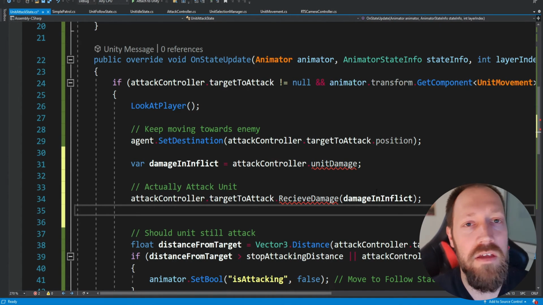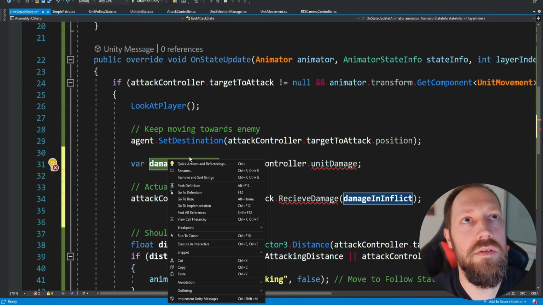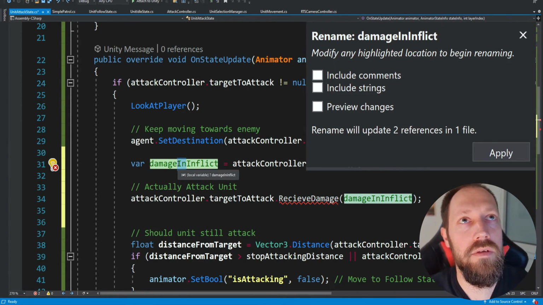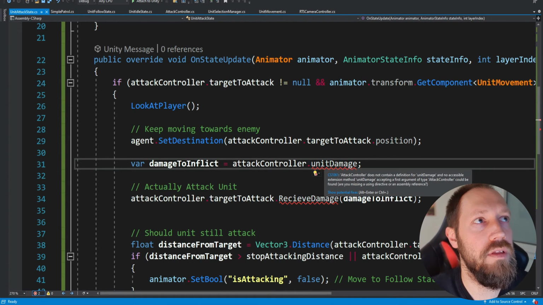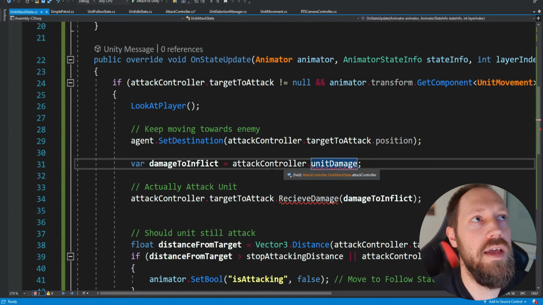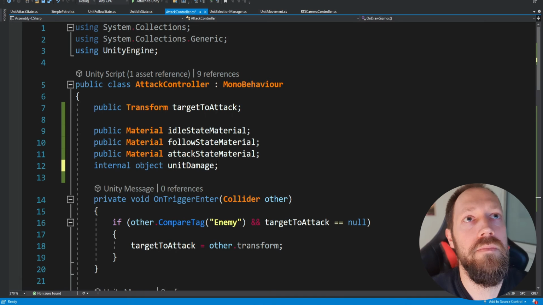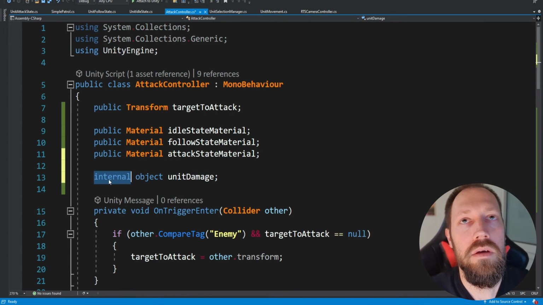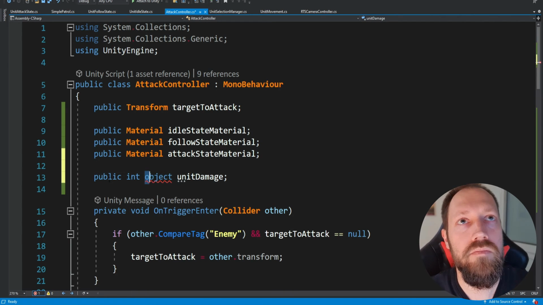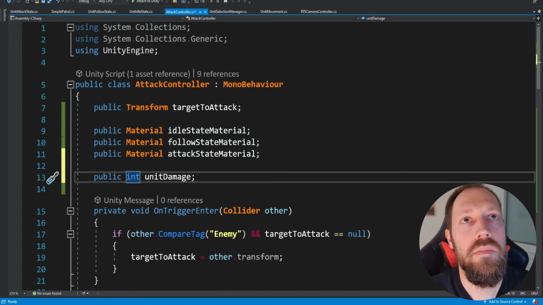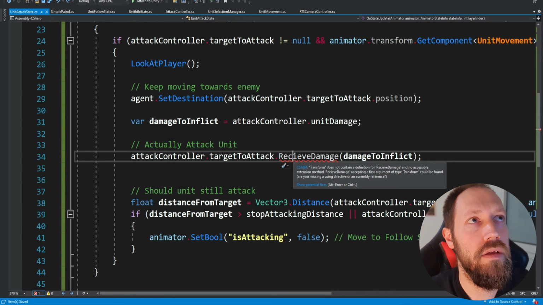Let's just add all of these things so we can continue upon them in the next episode. So this should be also damage to inflict, and we're going to hover over this unit damage and generate this field, so it's going to get generated inside the attack controller. Public float or int, and this should be receive